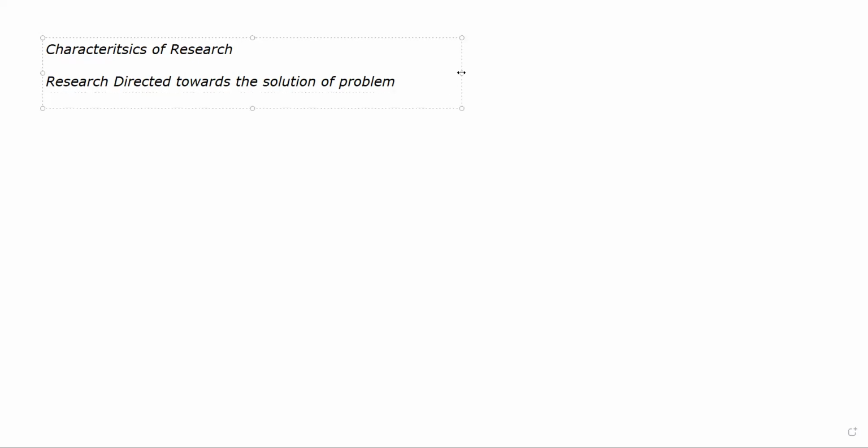Another way of telling this is research is helping in development of generalization. Okay, development of theories or development of principles. आप facts को strong करने के लिए या facts को prove करने के लिए research कर रहे हैं. All right. Then research needs to be accurate.